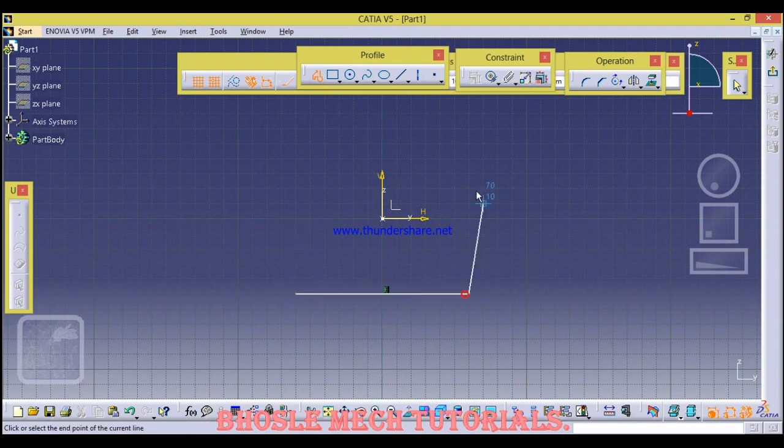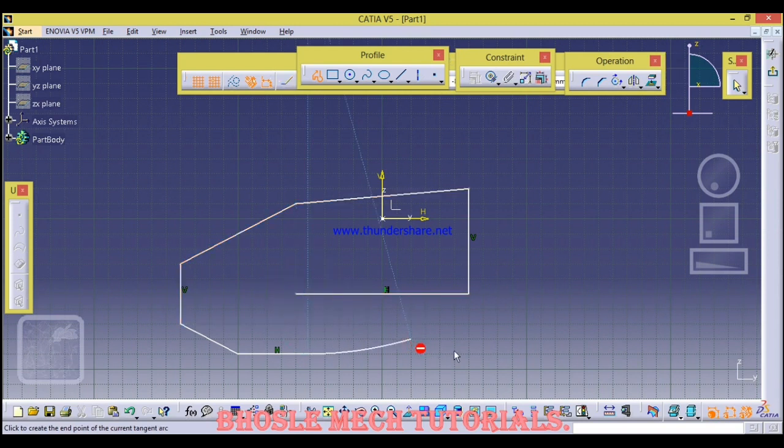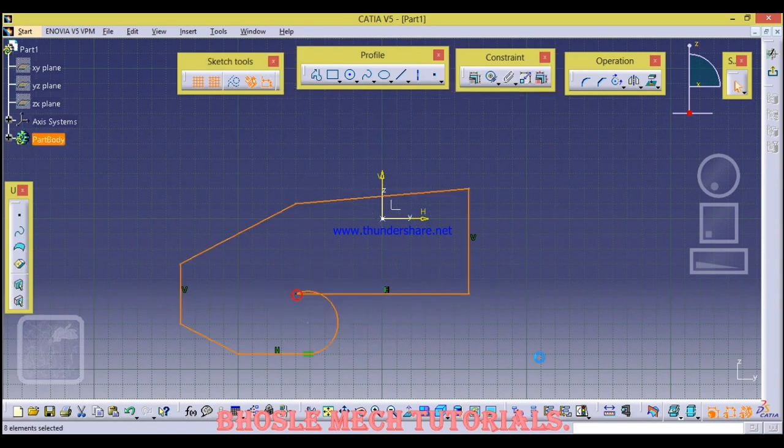Let us draw a profile like this. We can draw any type of profile. If we want a circular profile, just left click and drag like this, and you will get a circular profile.